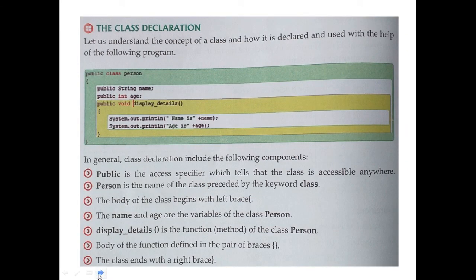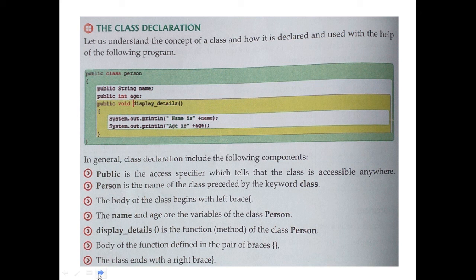And see, children, at the last we have class declarations. What is a class declaration? In the programming section, when I did the program, you saw that we wrote class P1. Actually, before class we didn't write anything, but you can write public class P1. It is possible. In general, a class declaration includes the following components. Public is the access specifier. Then the name of the class, preceded by the keyword class, is a user-defined class name.